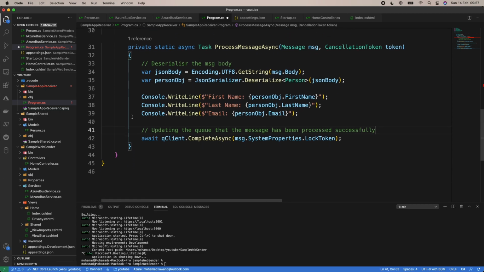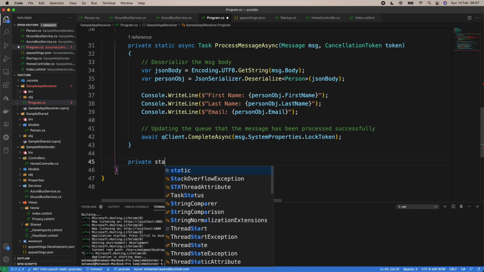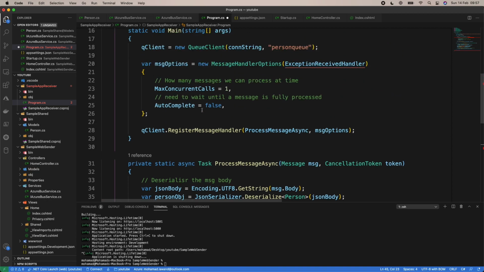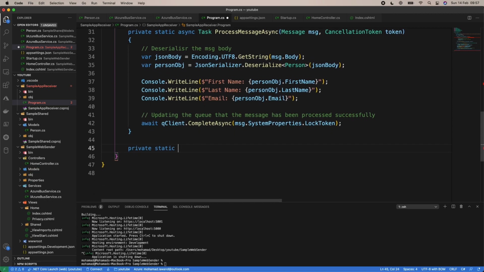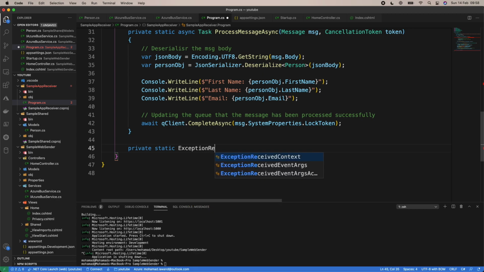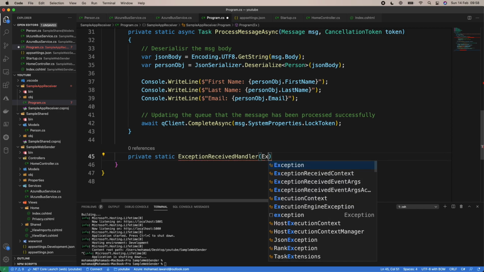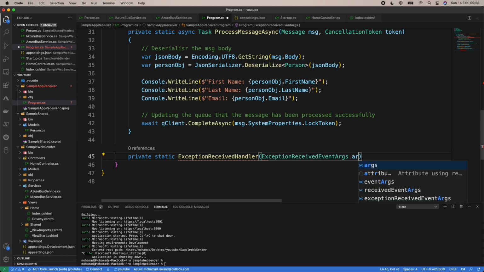Okay, perfect. Lastly, we need to add the last method, which is private static. I think it was called the exception received handler. So we'll put the exception received handler, and this is gonna take the arguments, which is gonna be the exception received event args. I'm gonna call it args,